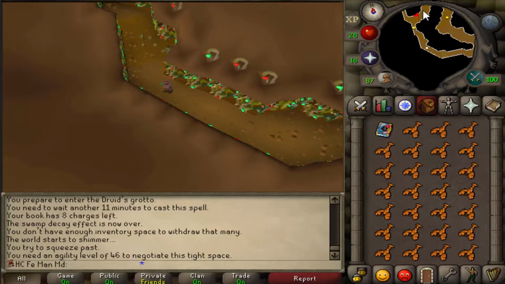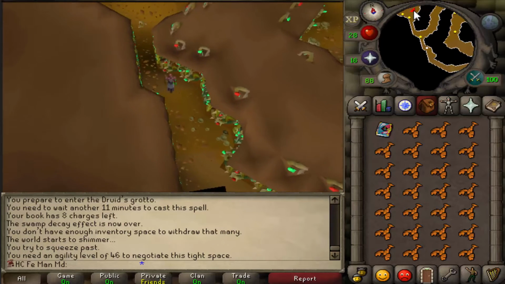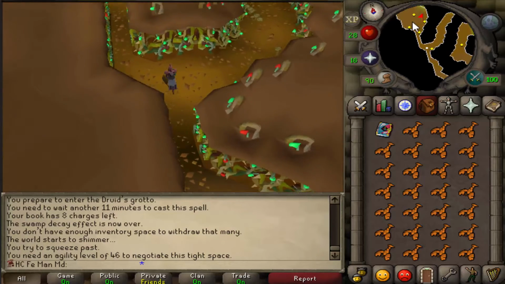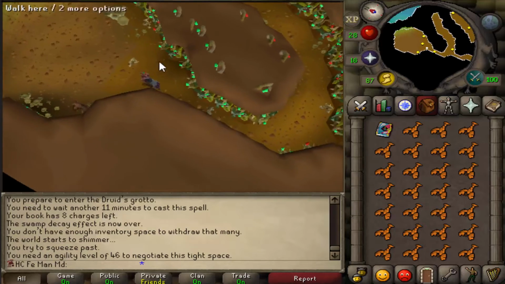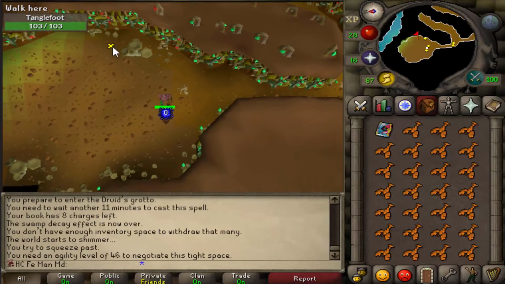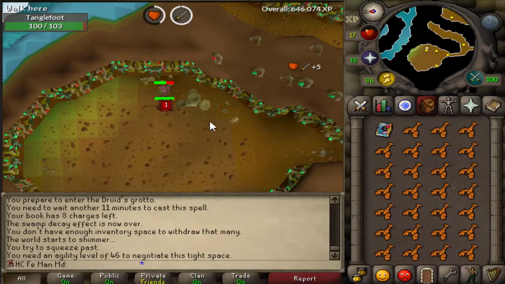I also brought a full inventory of lobsters, and I brought the Chronicle just in case we start running low on food and I need to teleport out. Now, I don't have Protect from Melee, and this guy hits pretty high, so what I think I'm going to do is flinch him. Now, this is going to take really long because I'm only one farming, and the damage you deal to Tanglefoot actually scales with your farming, so...